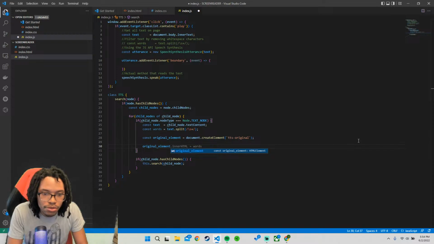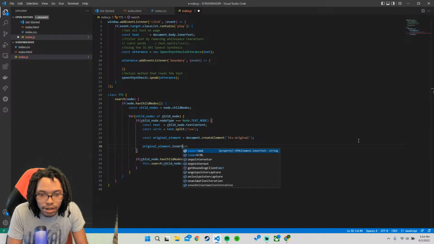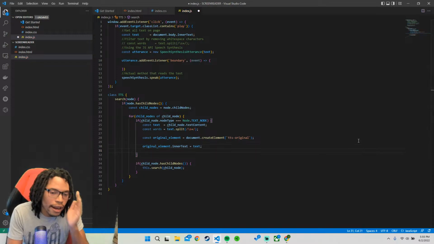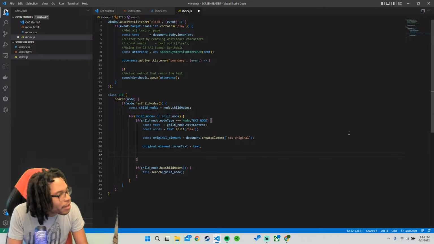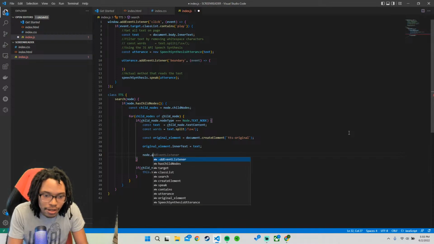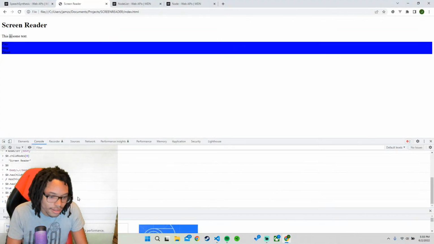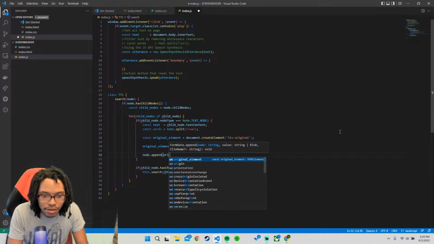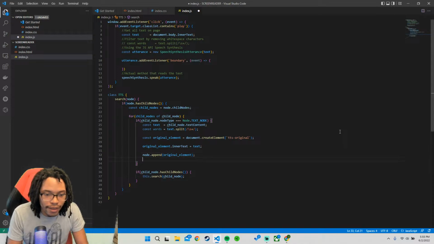So inner text equals text, and then we're going to append it back to the root. So the node dot, let me see if I can do that. Yep, I sure can. So I'm going to append it to its parent, and then